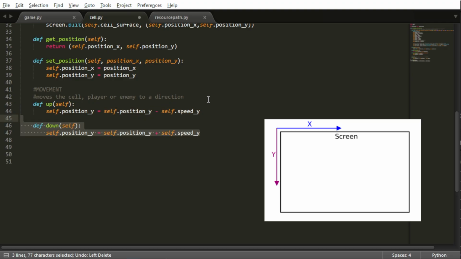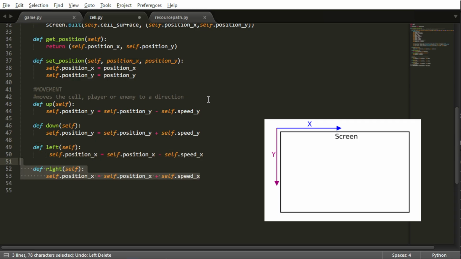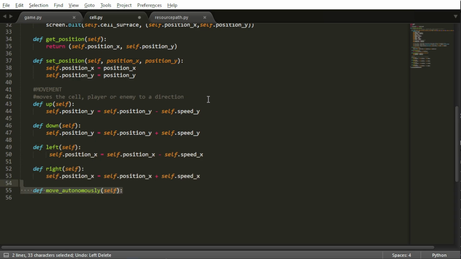The second will be down, and it will be the opposite. The vertical position, y, will be the position before plus the speed. Same for left, the horizontal position x will be previous minus the speed, and right will be x plus the speed. Move autonomously will be a function that will be defined later, so for now we'll leave it like this,